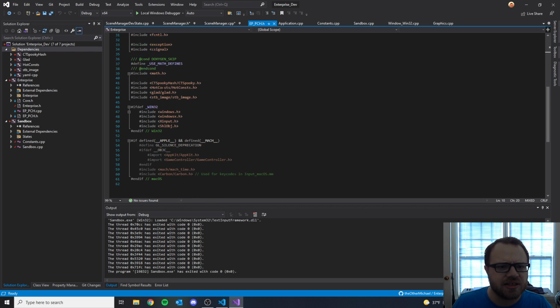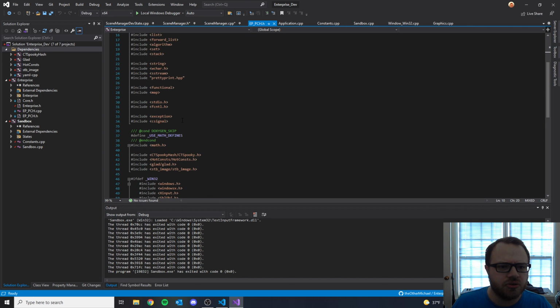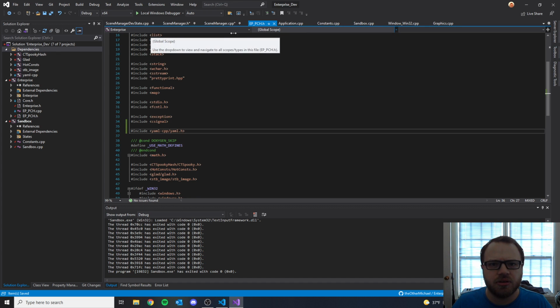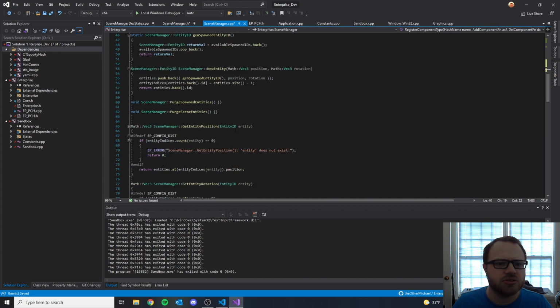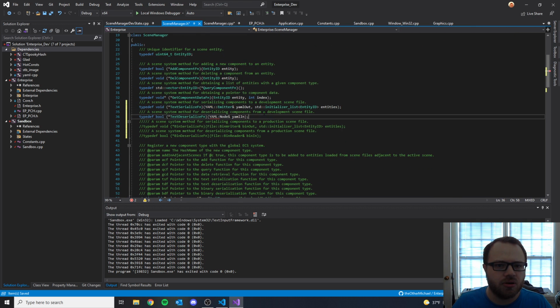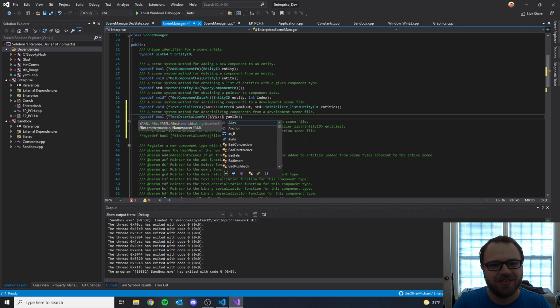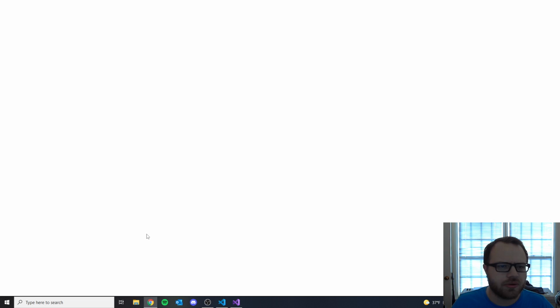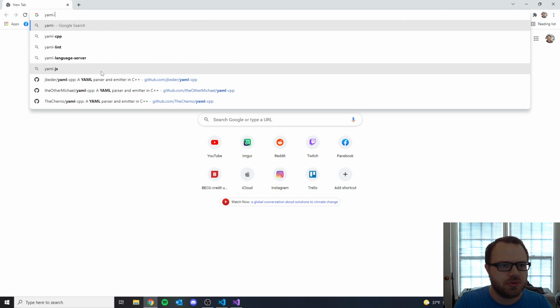So in this case, I think yes, I will do include, that would be yaml-cpp/yaml.h, I think is what you use for everything. And now I'll hit Control S and go back to Scene Manager, where those warnings for the YAML emitter have gone. But I guess YAML node is not the, oh, I didn't have two colon signs in there. Okay. Now I've got to review real quick the YAML CPP,